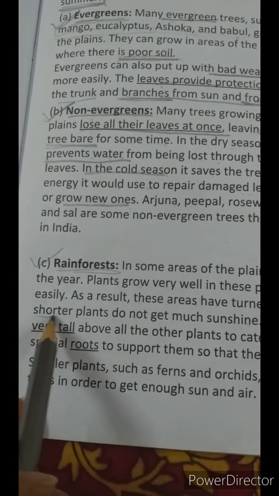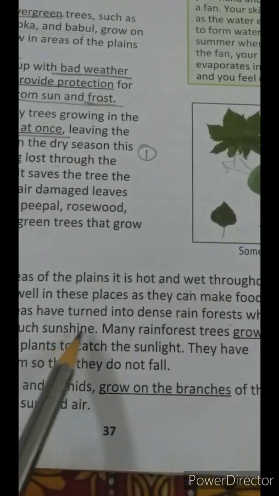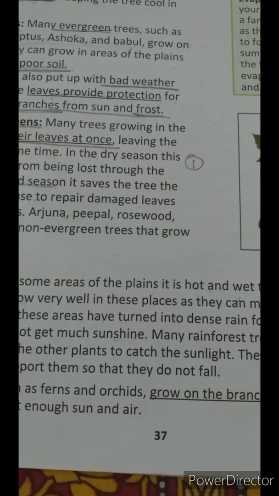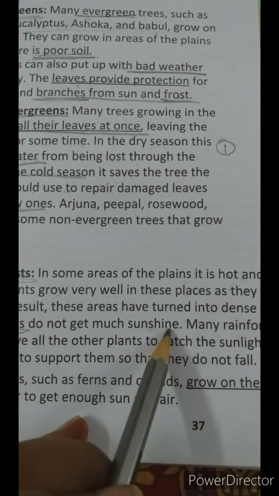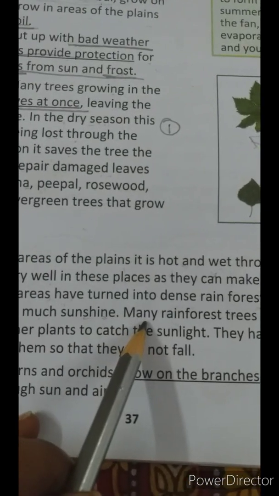There are shorter plants also, children. They do not get much sunshine. Okay, so only those plants grow there that can grow higher up, that can grow thin and tall.